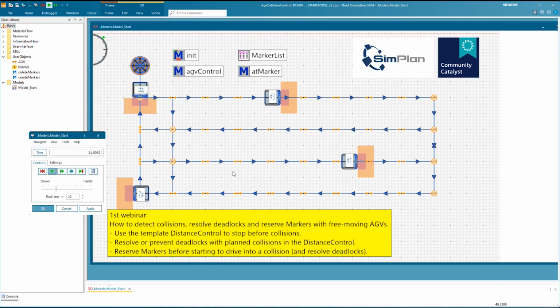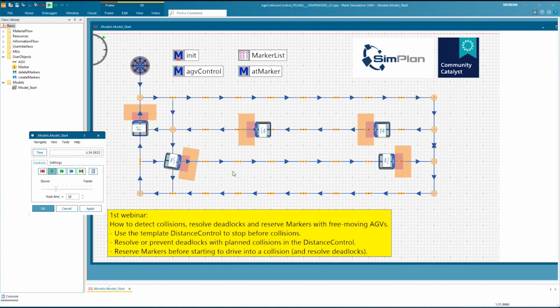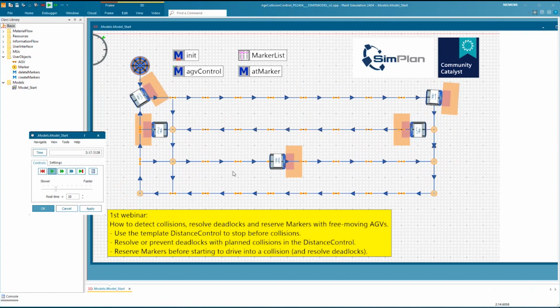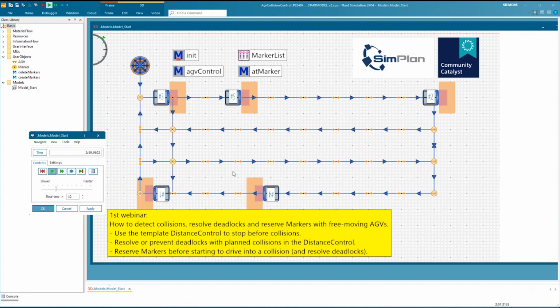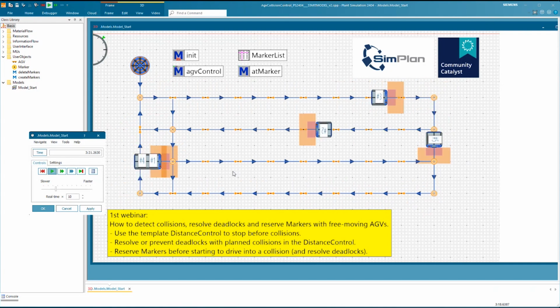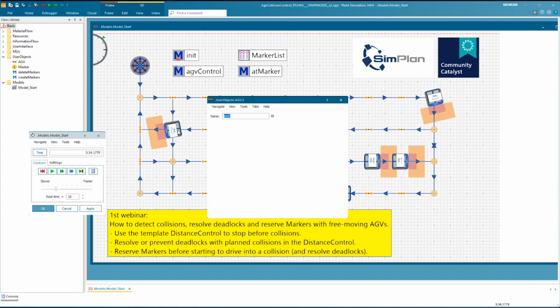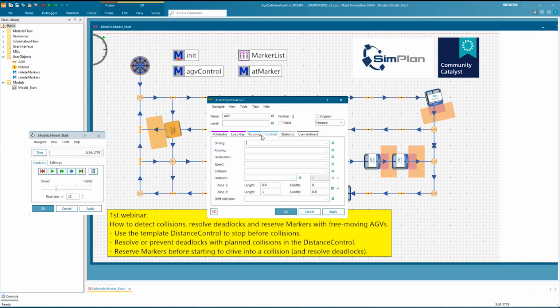Right. So what you're seeing in the 2404 version are the safety zones of the AGVs. So this is what I meant with they can be visualized out of the box. You see the orange and the red zone that's kind of preceding the AGVs. These are the built-in safety zones. So when we look at one AGV, you have these settings on the controls tab where you can define the zone 1 and the zone 2.